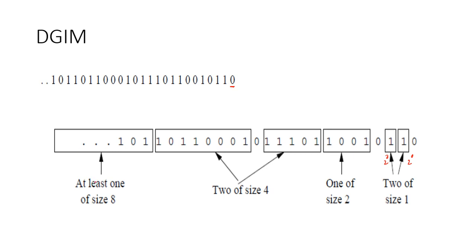Then the bucket size may be 8. You can join these two buckets and make a bucket of size 8. That means after 2, the size of the bucket can be 8 also. But after 8, there should not be a bucket of size 4. And also I cannot form a bucket like this, because these two ones are already considered. These two ones I cannot store in the next bucket. So overlapping of buckets should be avoided here. This is nothing but the overview of the DGIM algorithm.